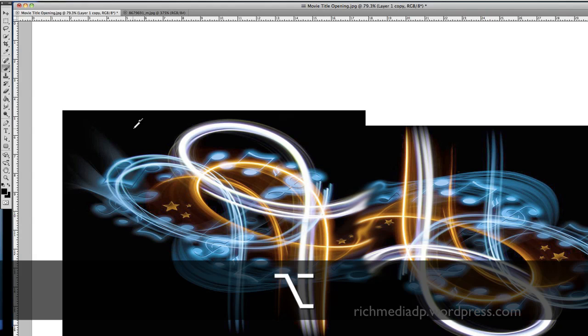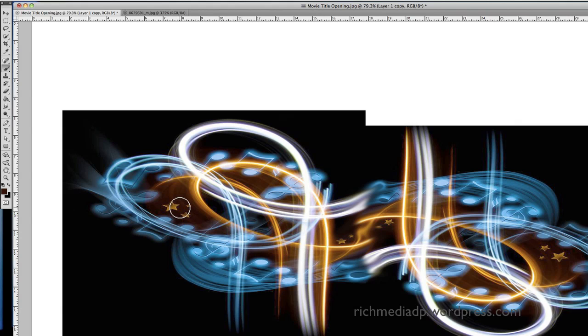Then I'm going to press my option key on my keyboard, and I'm going to select a color that's kind of near this area, and then I'm going to use that color to fade out the stars in that area